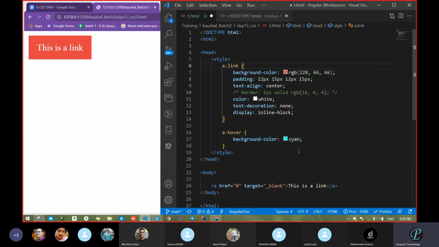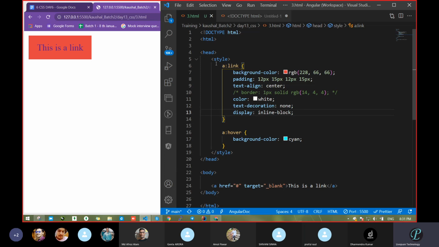Yes, sir. We want that at starting time. That is why I pass anchor tag and link. Clear? So I will get this thing only when it is based on the anchor tag and link. So see, we had visited this link. But in the case of visited, you had not passed any style. And now your link is visited, so the color got changed.